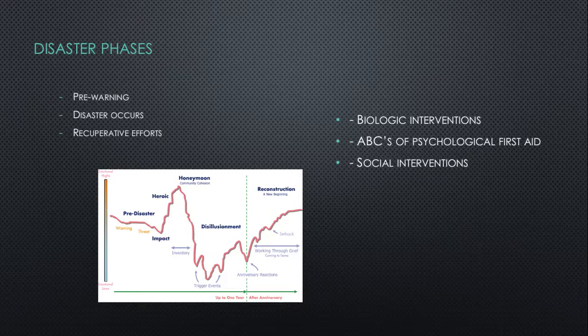One thing that we can do to help prevent some of the physical and emotional damage during a disaster is something called disaster planning. This is a collaborative effort within communities where you pull all of your resources and you plan what you would do in the case of different disasters. So you may do mock disaster training. You may